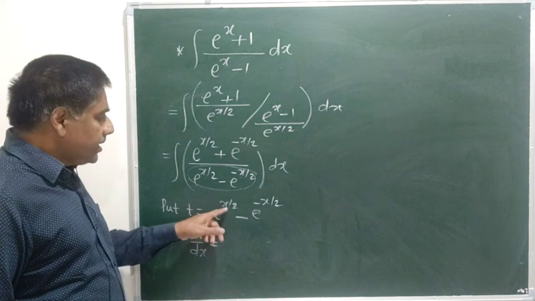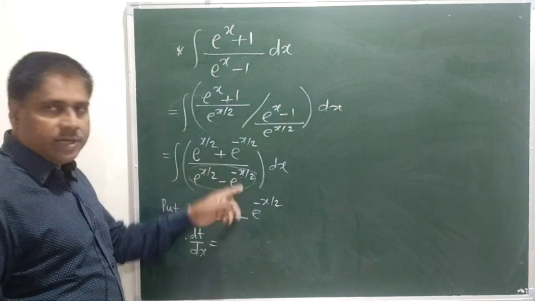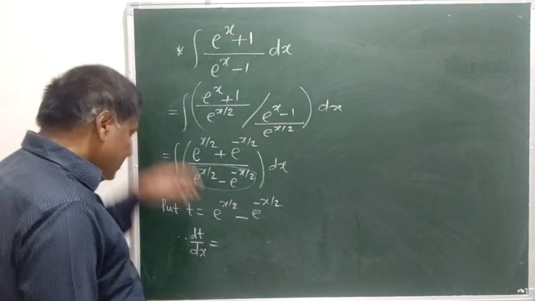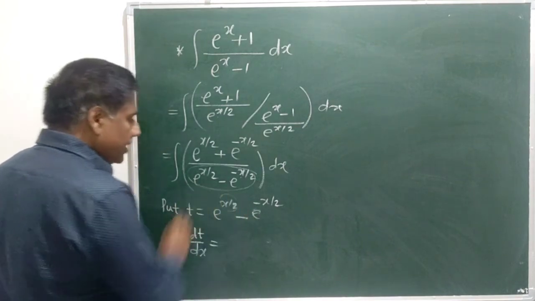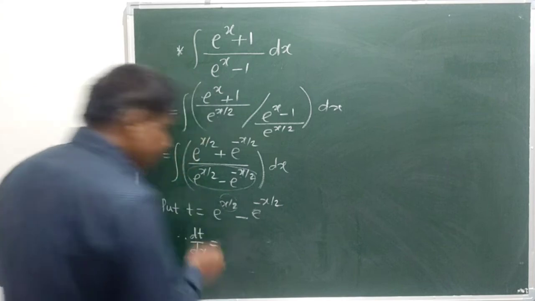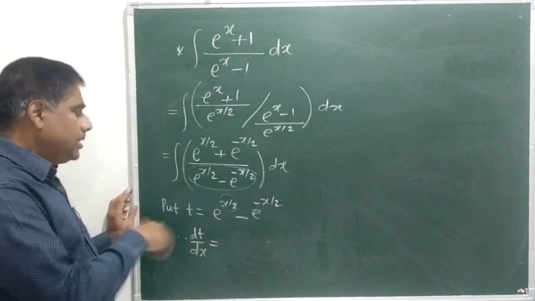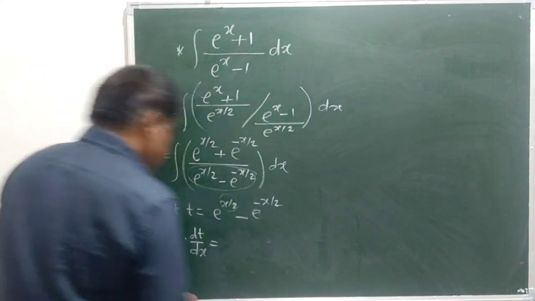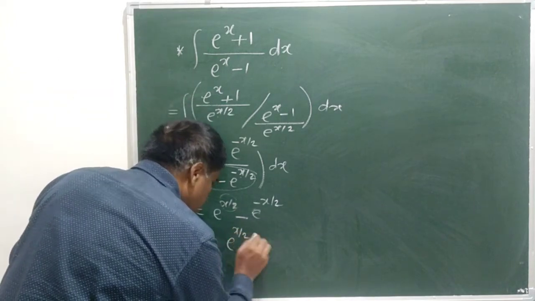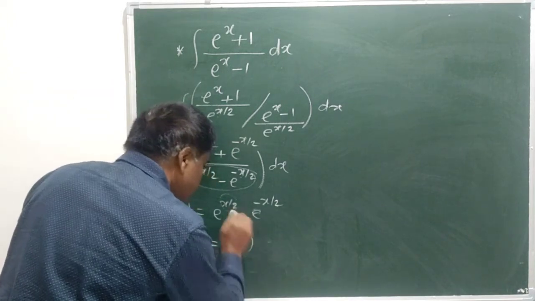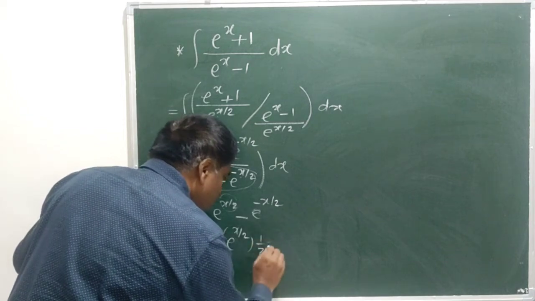as instead of x, we have e^(x/2). Therefore, both are now composite functions. We have to treat this x/2 as u. e^u derivative is e^u into derivative of u with respect to x. That is e^(x/2) into derivative of x/2 is 1/2,